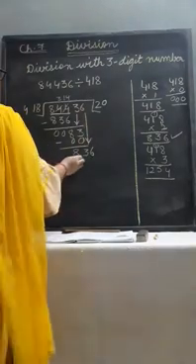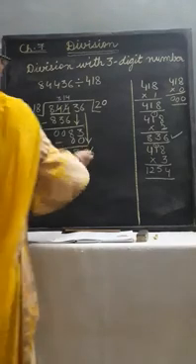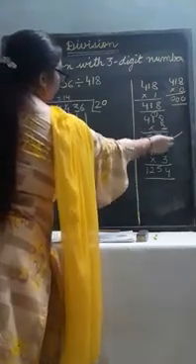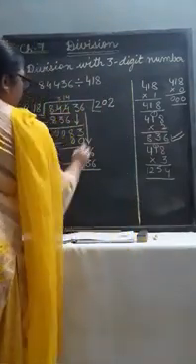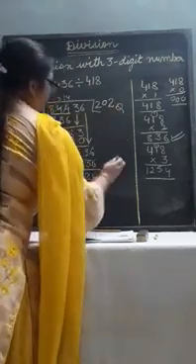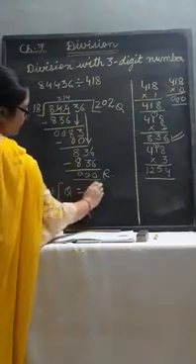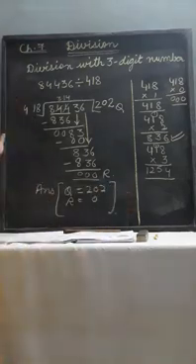The number is 836. Now again we will find the multiples of 418. 418 ones are 418. 418 twos are 836. We will take this again. 418 twos are 836. By subtracting, we will get zeros. This is our quotient and this is our remainder. So the answer will be: quotient is equal to 202 and remainder is equal to 0. Hope the division with a 3-digit number is clear. Thank you.